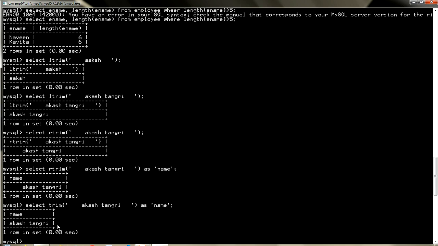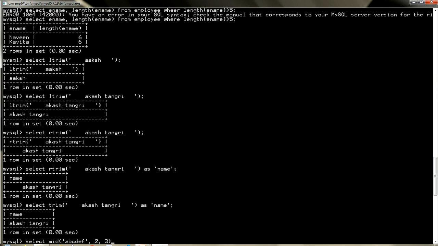And this is one more important function, that is mid. Select mid. Mid basically, if you want to extract a string from particular characters, let's have written A, B, C, D, E, F, and I want to start from 2 and 3 characters I want to extract.